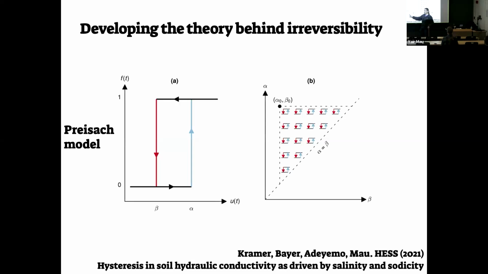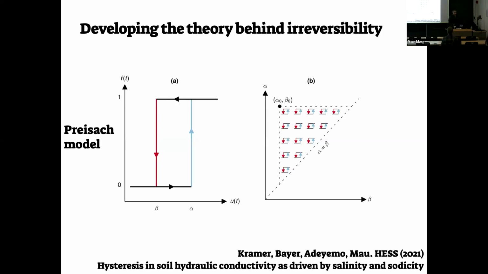And the exact location of these thresholds where you would expect the hydraulic conductivity to react to either salinity or sodicity, well, how do we know those thresholds? They can be anything, so we simulate them all. So in this kind of triangle, we have all possible combinations of thresholds. And this is the time for me to stop talking about the model because it would take 15 more minutes just to talk about the model, but this is doable.